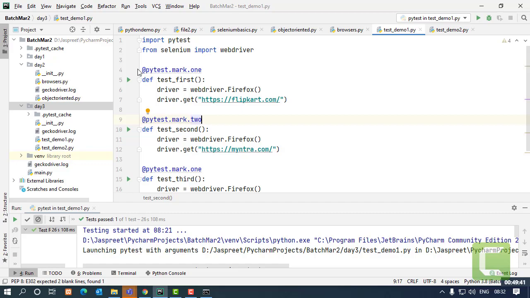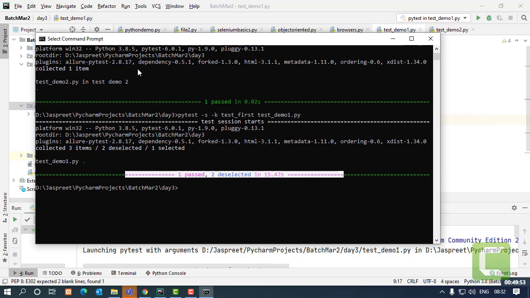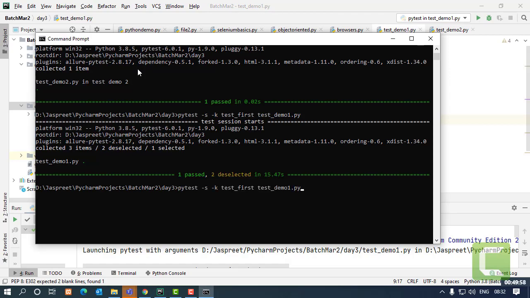But grouped test cases are not going to be executed from your IDE. To run these in groups, you have to use the command prompt. There are additional markers that we are going to use. So if I say that from this file test demo1 I want to execute one particular group, I'll use the marker -m for mango, and I'm going to specify which group I want to run. Let's say I want to execute group 2. So if I press enter,